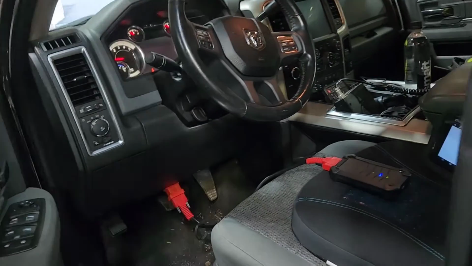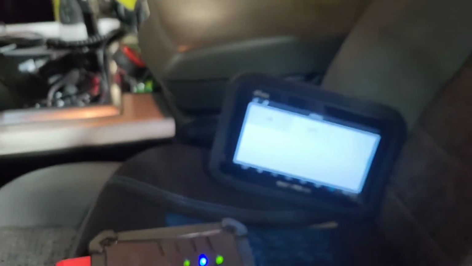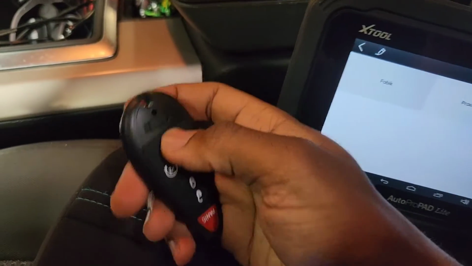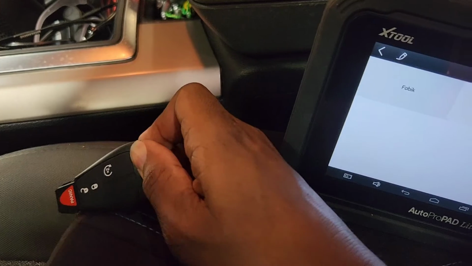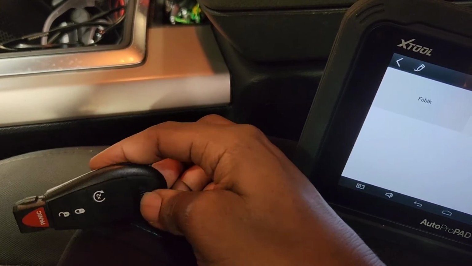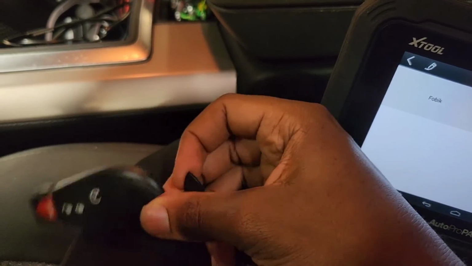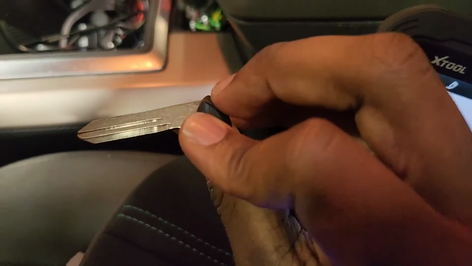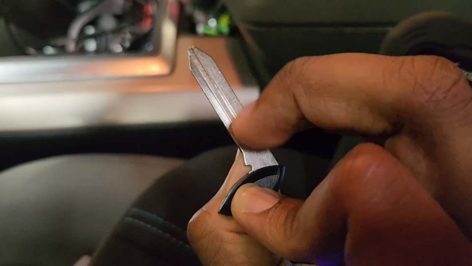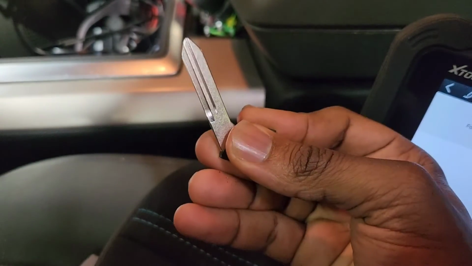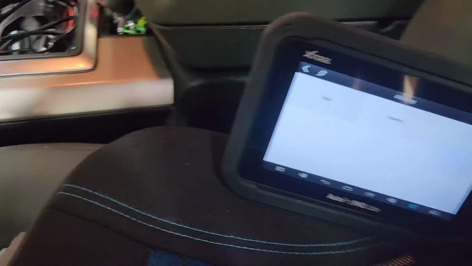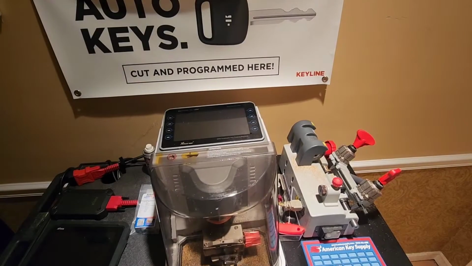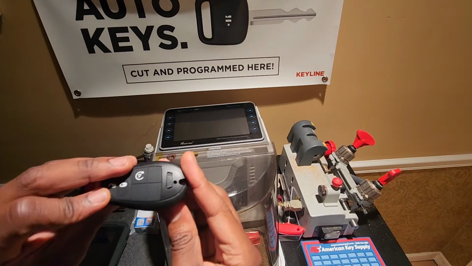All I have to do now is program, or not program, but actually cut the key, the emergency key, to get into the door. So let me see if I can get it out here. So this is the emergency key. So I'll have to cut that. I have the old key already. And other than that, she's good to go. So it worked. All right, so the next stage of the process, we're gonna cut the emergency keys, or the